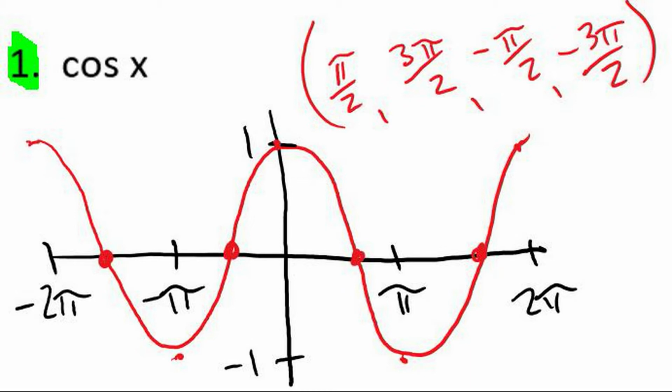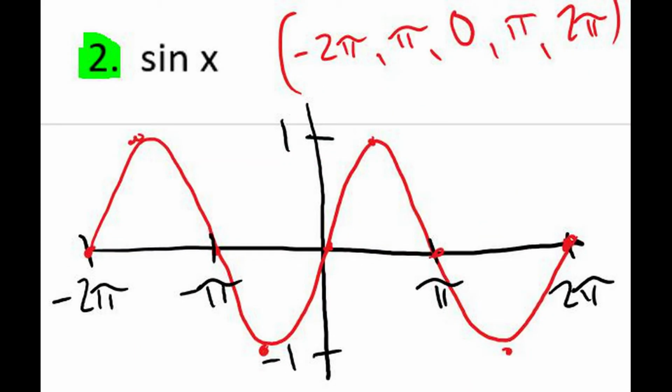Okay, let's look at number 2. This is sine of x. Once again, this is going to be one you want to memorize because we're going to do a lot with this throughout this chapter. Sine of x isn't that different from cosine of x, except that it's shifted to the right or left, however you want to think about it, about half a pi. So instead of starting at 1, sine of x always starts at 0 and then goes up. Now we can manipulate that by adding negatives and stuff like that, but just your regular sine of x graph,